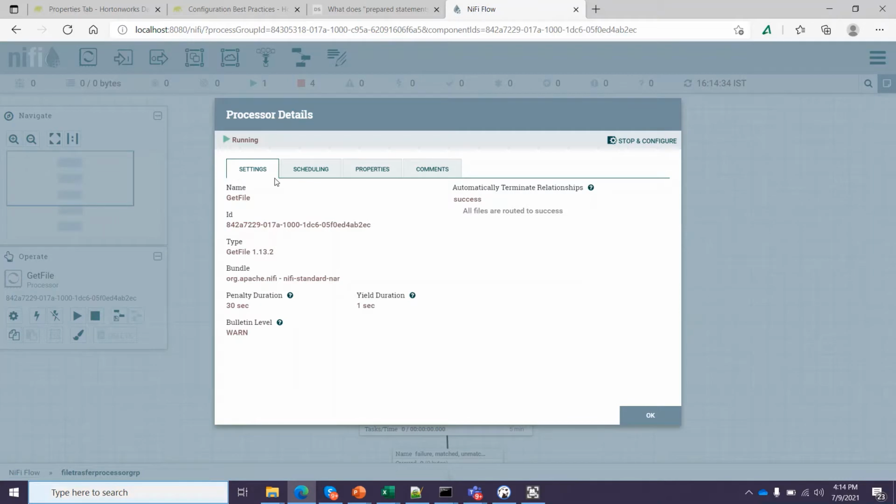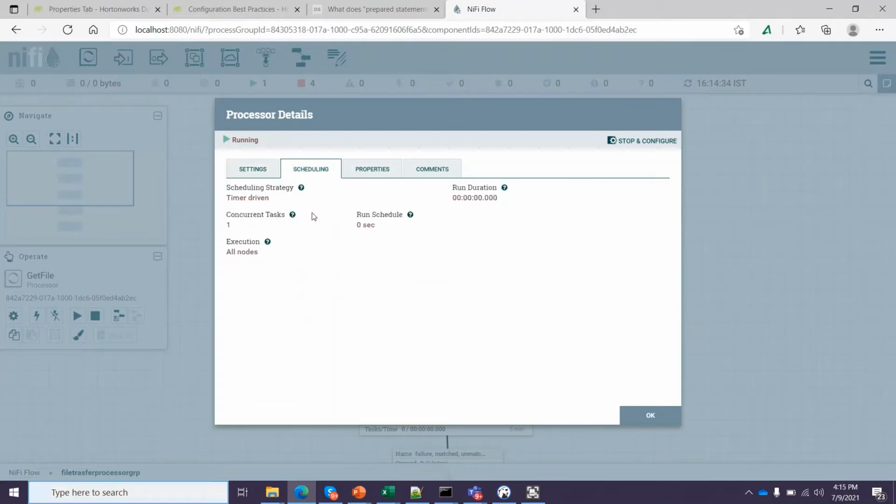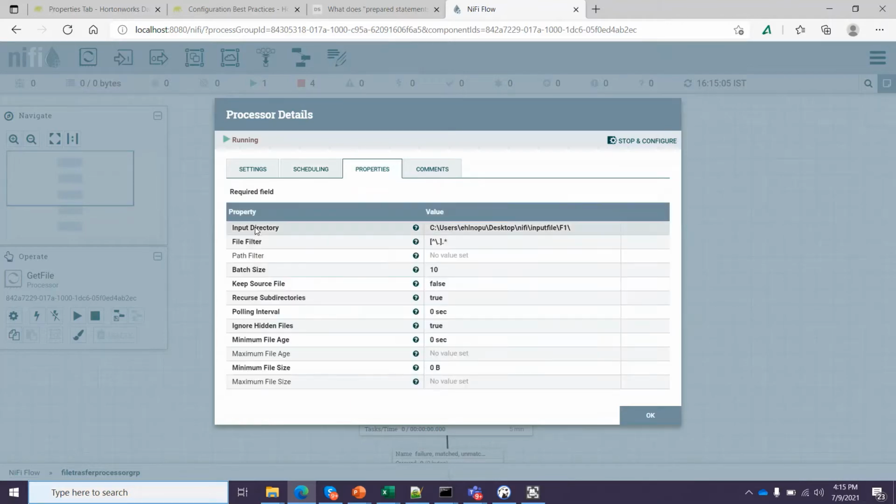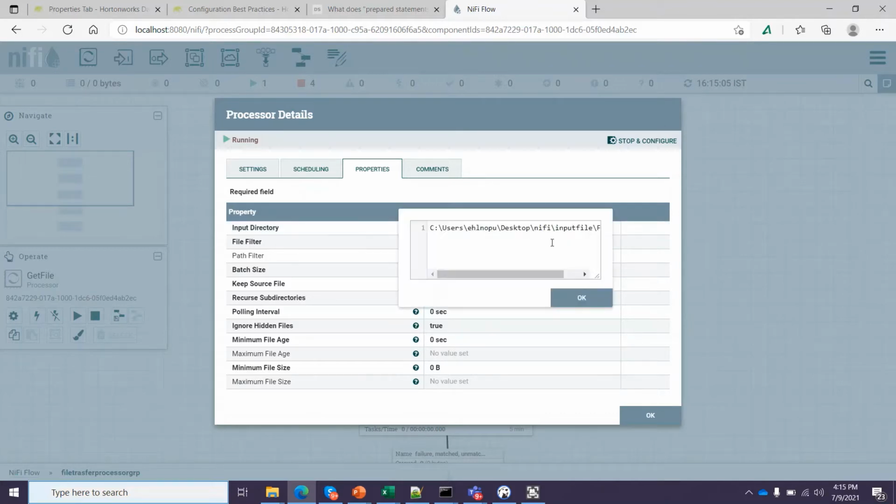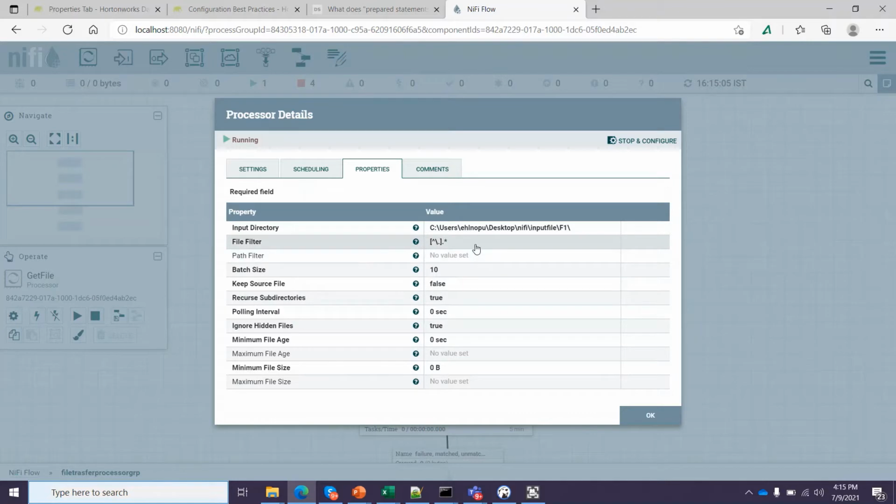In the Get File processor, in scheduling I gave the concurrent tasks as one. I can reduce the run schedule to get more throughput. In properties, in the input directory, I mentioned the directory from where the file will come. In production, it will basically be some SFTP location. This is the basic filter.